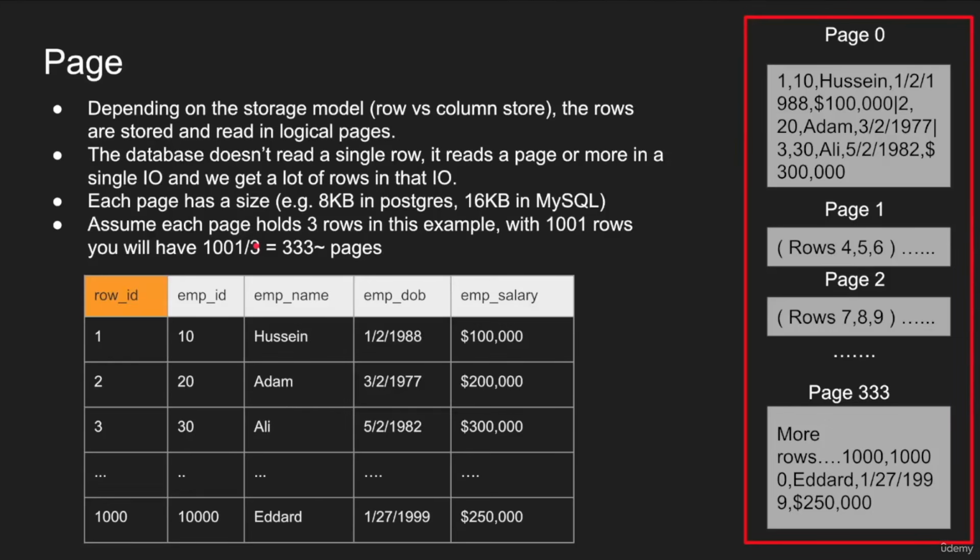So what is a page really? If we think about this table as we're looking at this logical table, a bunch of columns and rows, what depends on the storage model is whether it's a row store or a column store. I really want you to watch that other lecture where I talked about row versus column store, and how they are physically stored on disk really matters. Rows are stored on these logical pages, and a page is really nothing but a fixed size